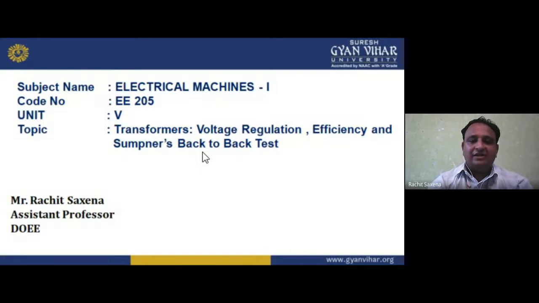A motor is a device, an instrument, which is used to convert electrical power into mechanical power. It means we are giving electrical input. Electrical means voltage, power, current, energy. We give it in the input form, and for the output we take torque, rotation, revolution, speed, which means we get mechanical output.